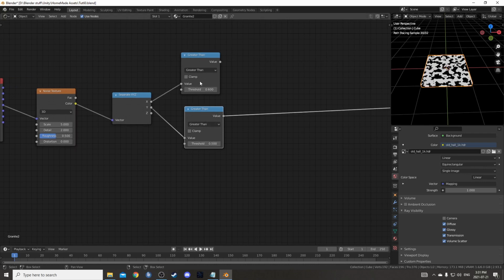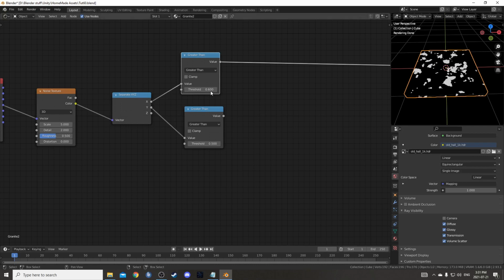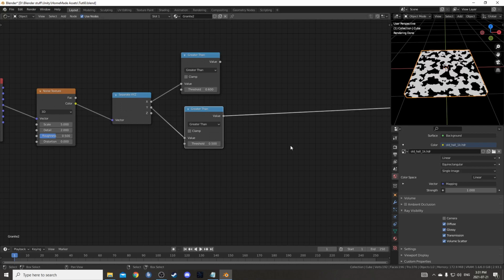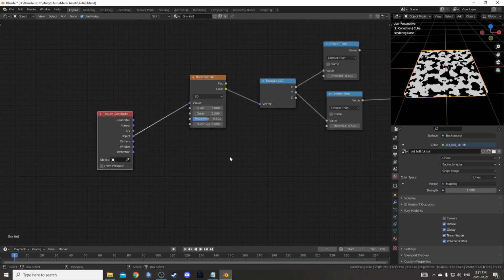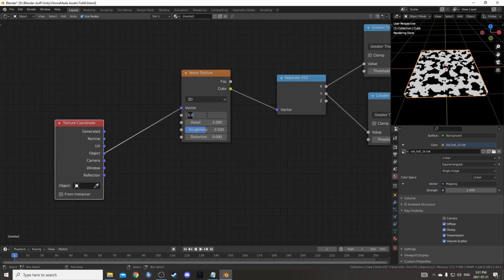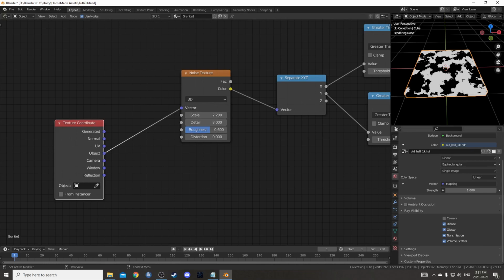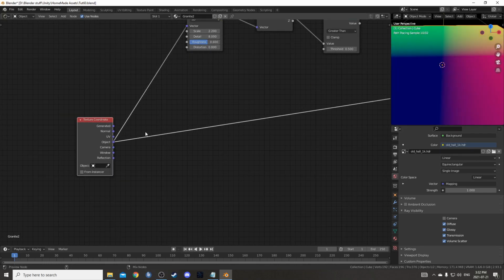You can see that these are both just black and white. This one has a lot more black than white, and this one's pretty equal. These are both going to be used to mask out textures later on, just like the last granite we created. And this noise here, let's set this to 2.2 for the scale, 8 for the detail, and 0.6 for the roughness. Next, I'm going to search for a Musgrave node, and again,